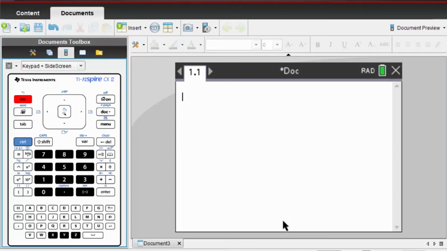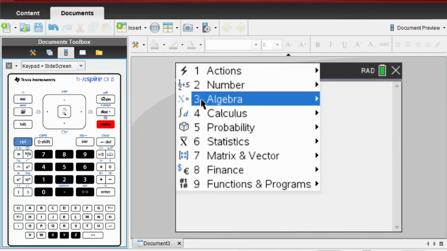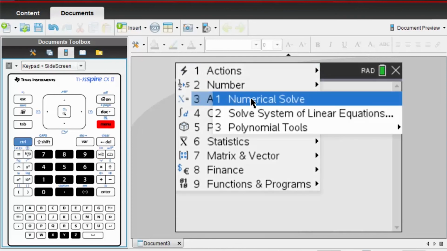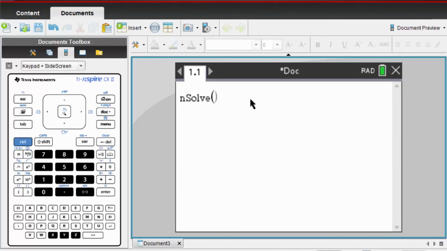Now with our nsolve for this last example we're doing, just a refresher. So to get to nsolve, you do menu 3.1, so menu algebra numerical solve, and in here we put our equation. So 500 equals 50 times by 1.07 to the power of n. Now once you've put in your equation, remember your comma n to tell the calculator what variable to solve for, press enter, and it brings up that answer of